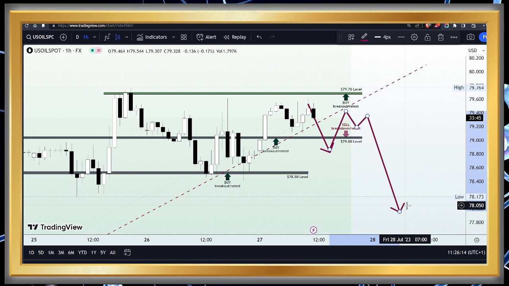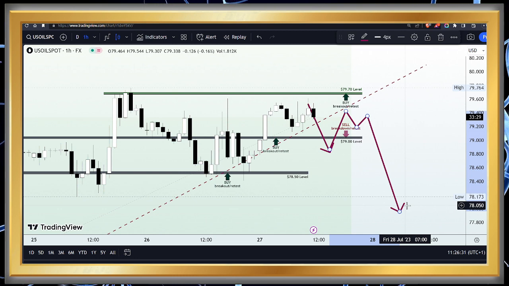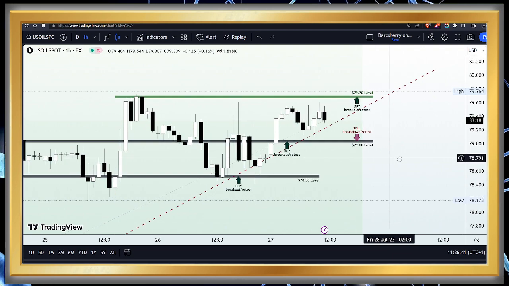Now, for those who are profitable so far this week on the US Oil Spot, you can as well have your sell stop order anywhere below the ascending trend line to test waters and, of course, risk some of the profit we had made so far this week, to see if the sell position will continue to the downside when it breaks down that ascending trend line. So this is how we are going to be managing our positions on the US Oil Spot for today. So let's keep this in mind.